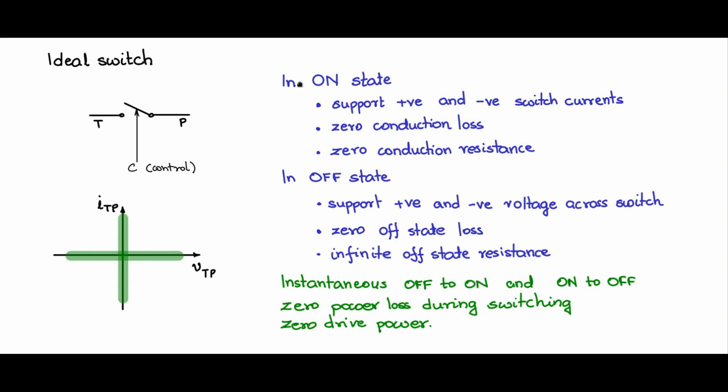However, you should note that none of these features are fully met in a practical switch. As we have seen, even in the static characteristic of BJTs, diodes and MOSFETs, they do not reflect the static characteristics of the ideal switch. So we have to consider the shortcomings in each of the switches and try to design drive circuits which will try to make up for the shortcomings and take it to as good a semiconductor switch, electronic switch as possible.